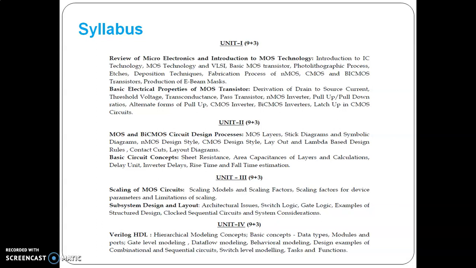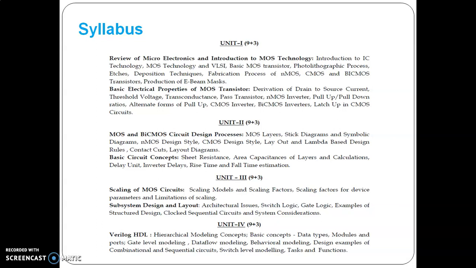And in the second part of your second unit, you will be learning about circuit concepts like sheet resistance. What is the sheet resistance? RS. Then capacitance of layer, area capacitance of layer, and then delay unit tau would be studied over there. Then finally, you will be learning about the rise time and fall time estimations. This is about your second unit, which will be completed in 9 plus 3